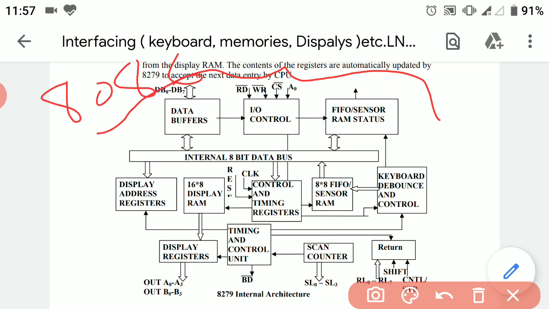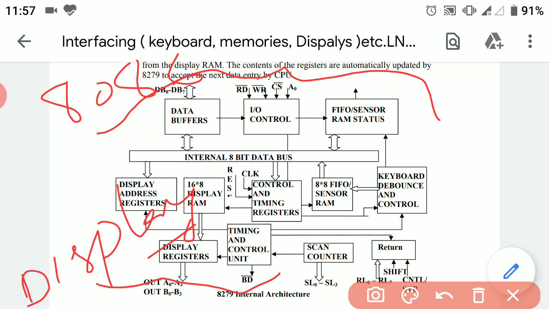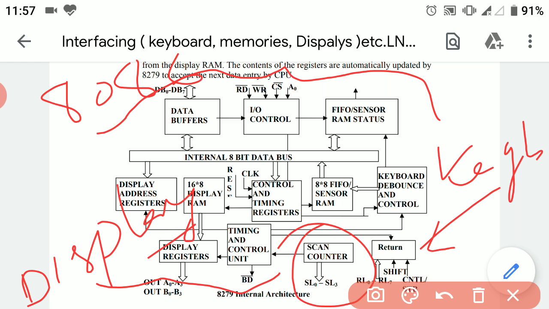The lower pins are going to connect with any display. These pins, that is return lines, control and shift, are going to connect with keyboard, and these are the scan lines. So we have classified the 8279 pins into four major categories.